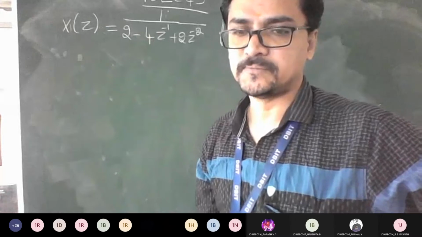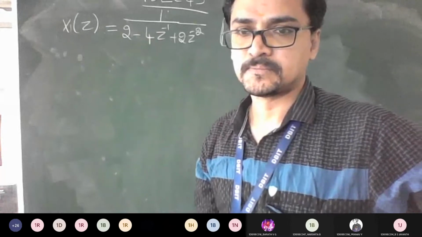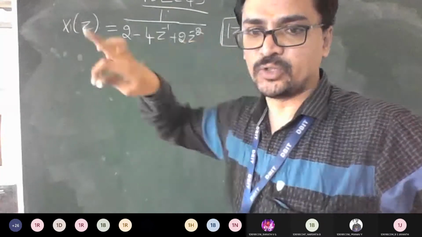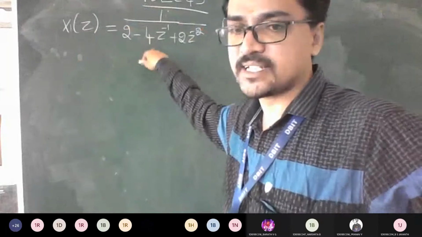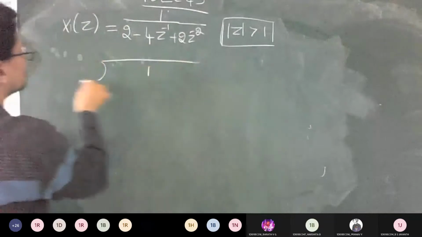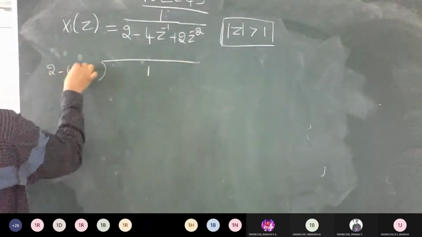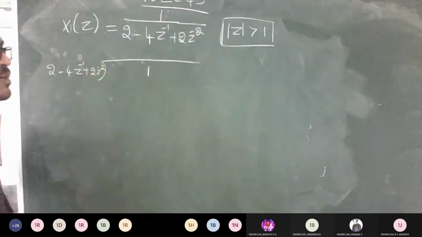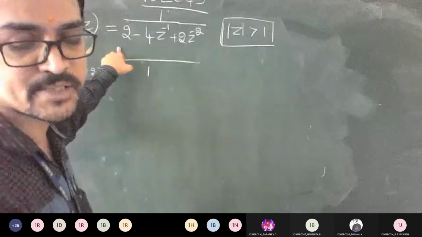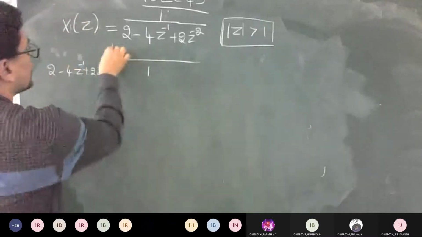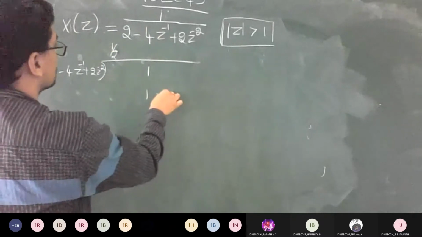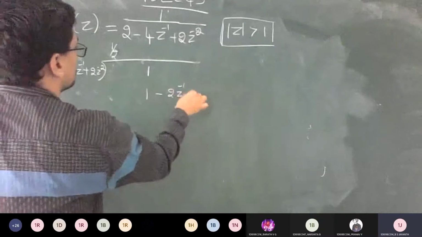Yeah, you can solve this or not? Yes, sir. Yeah, go ahead. So you got a hint that it is greater than a concept, which means you have to do the first technique. So divide this as it is by this 1 and tell me what are the answers. 2 minus Z square. Okay. So what value should I give you? 1 by 2. Good. 1 by 2. So if you multiply 1 by 2 here, what is the answer here? It's 1 minus 2 Z inverse plus Z to the power minus 2.